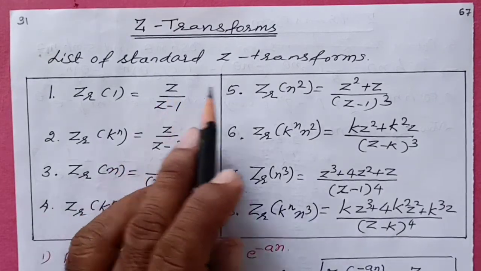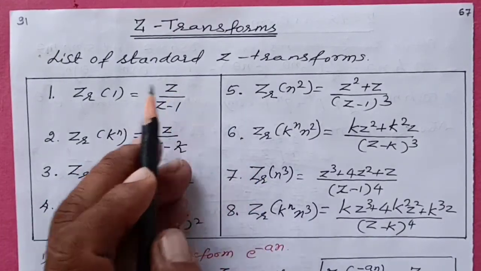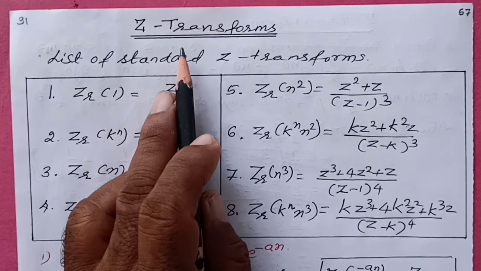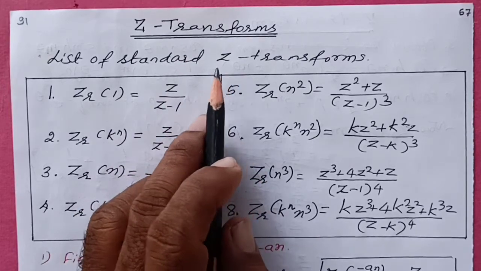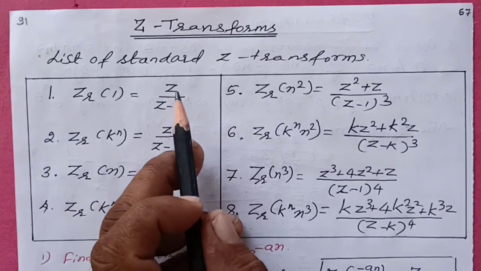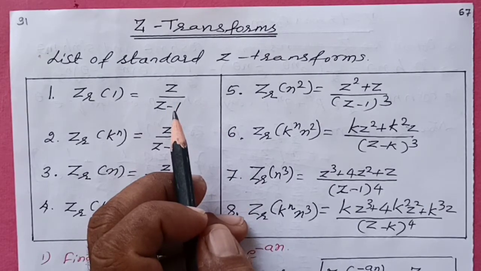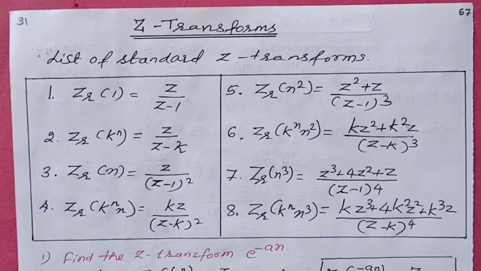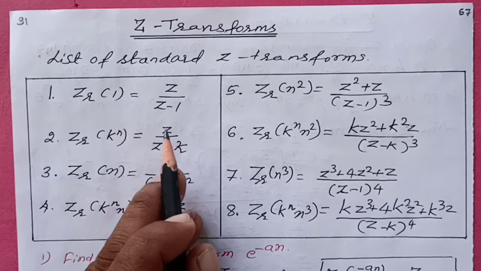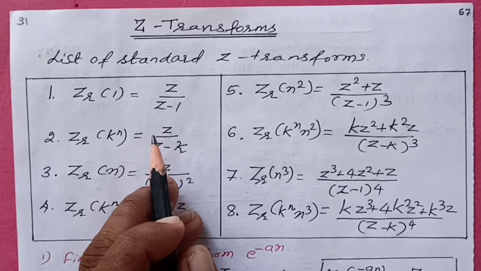The topic is Z transforms. So what is the Z transform? The Z transform operates on sequences, functions of a single variable defined for non-negative integral values of the variable. This transform has a number of properties similar to those of the Laplace transform, which we had seen in module 1. So it is similar to the Laplace transform, with the same properties.